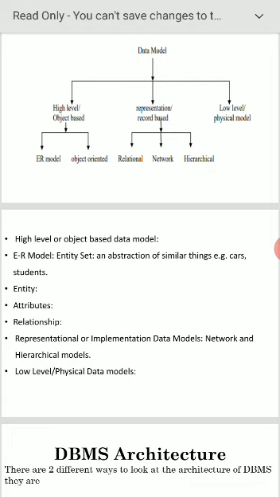Each thing is there, no? That is called what? Entity. The whole thing is there now, that is called what? Entity set. An entity set contains many entities. Attributes are common properties of the entity in the entity set. Relationship specifies the relations among entities from two or more entity sets.